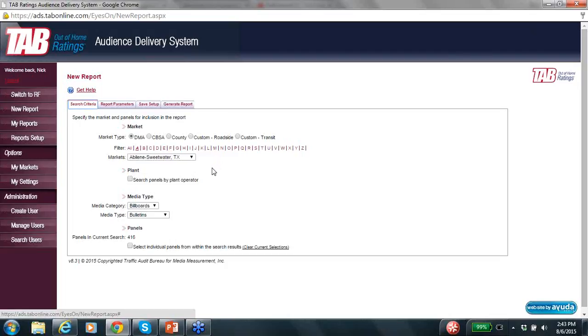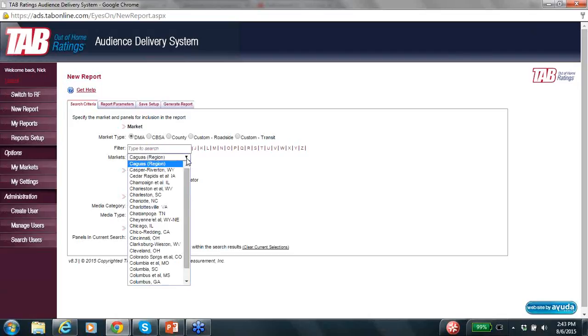And part of that will be what media are we competing against in this particular case, or want to view, the cost per point, for example. If we want to compare cost per point, we need to be in the same standard media market as that of other media. So let's say that our client is also considering television, and we can go to, let's say, Chicago, and you could go through and just find the DMA,